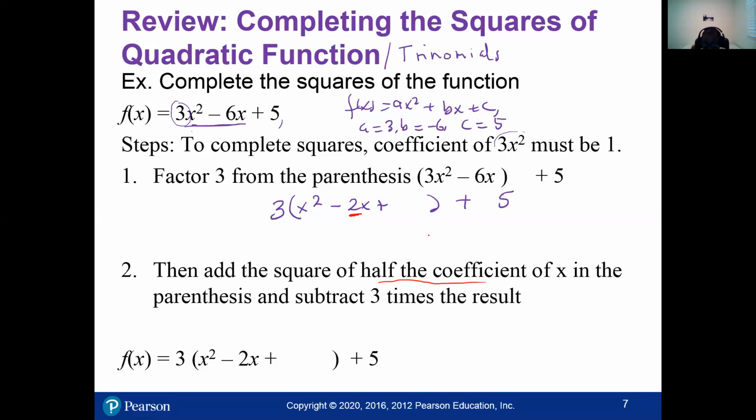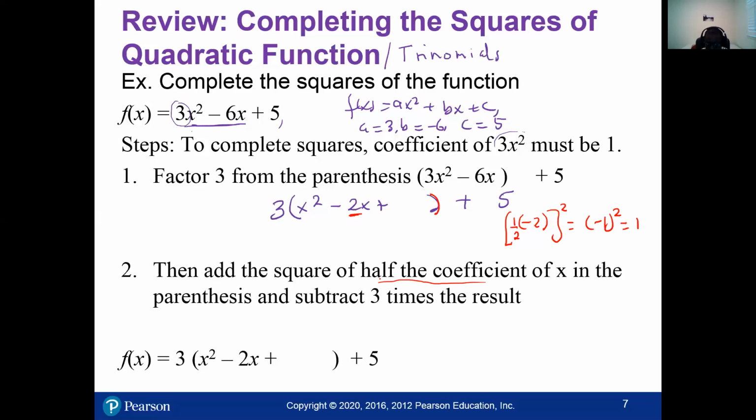So half the coefficient of x is, you have -2, and we take half of that, and then we square this. What does this value be? If you take half of that, that's going to be -1, and you square, you get 1. So we're going to add, to what is in the parenthesis here,